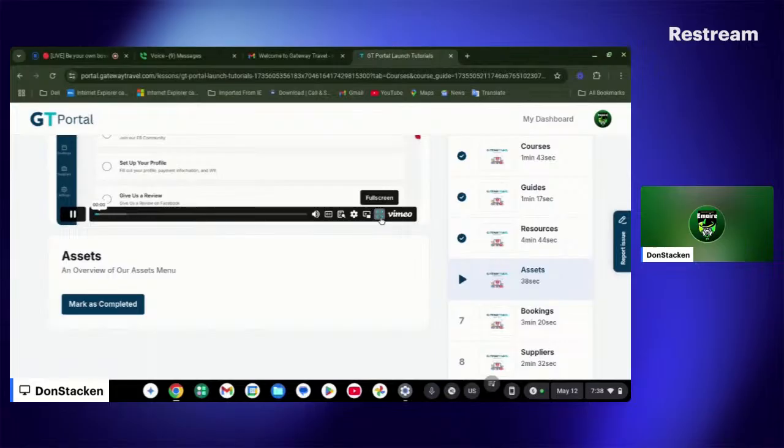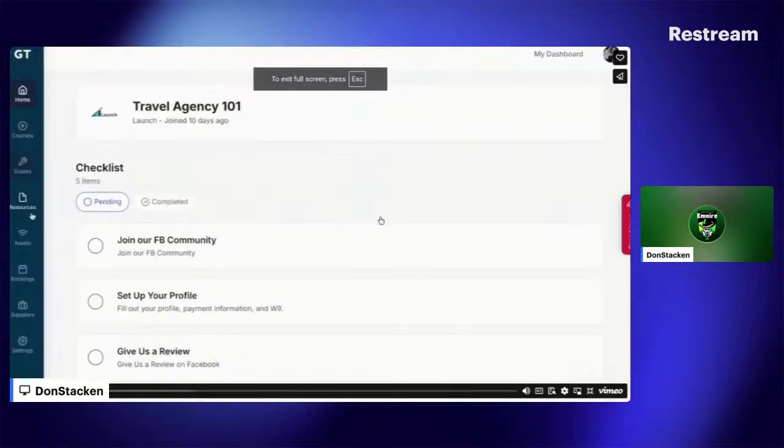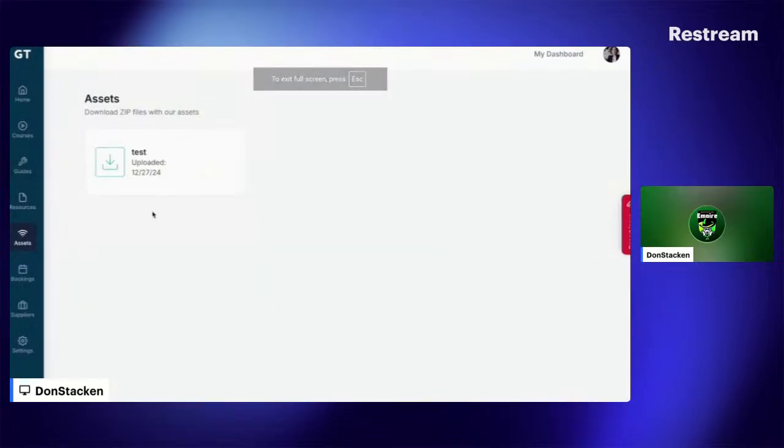Let's take a look at Assets. The Assets menu is a place where we store all our downloadable items. Here you'll find items like our Gateway Travel Partner logo, monthly social media Spark downloads, media kits, checklists, and many more things. To download an item,